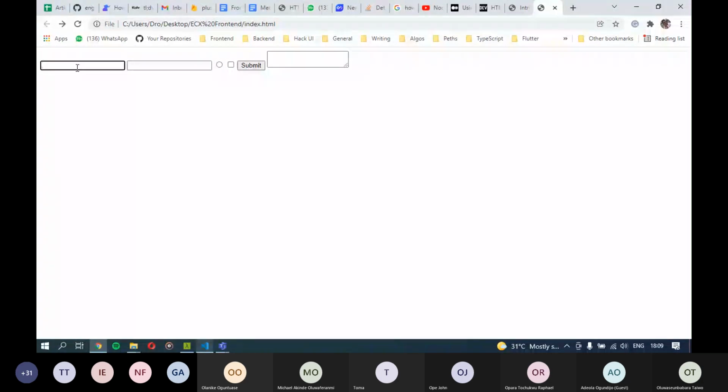So if I type in here, you see that I can type any text that I want. For numbers, it will not allow us to type in letters because I've already specified I want numbers, so it will only allow us to type numbers. Now I'm typing letters, nothing is showing. But now I'm typing numbers and you're seeing the numbers. Most browsers have different implementations, but they implement this arrow up and arrow down that helps you to increase the value of the input box.